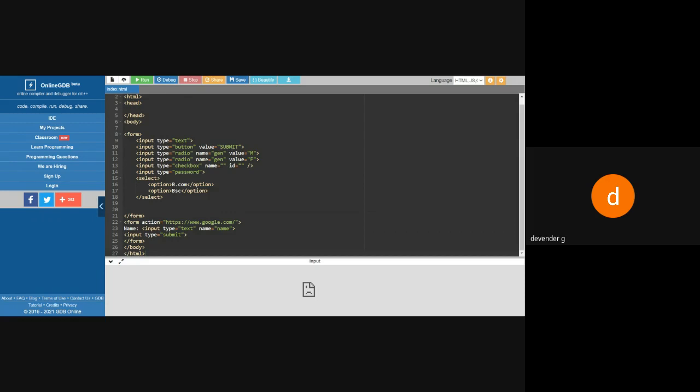Or else we take any other link, and see whether it is going to open or not. I'll try to get another link also. And we'll see whether this link will work. This also is not working, but in our case, if it is written in our program, it will work.